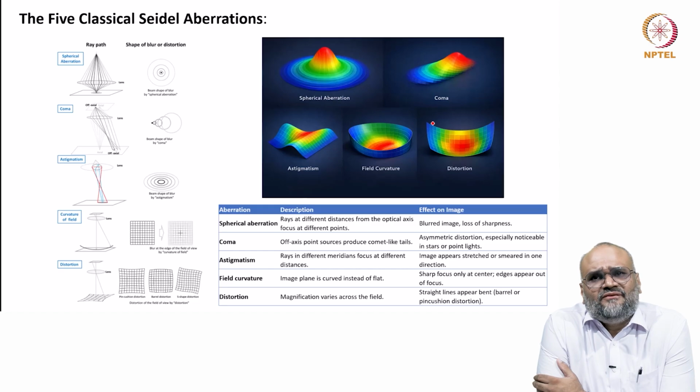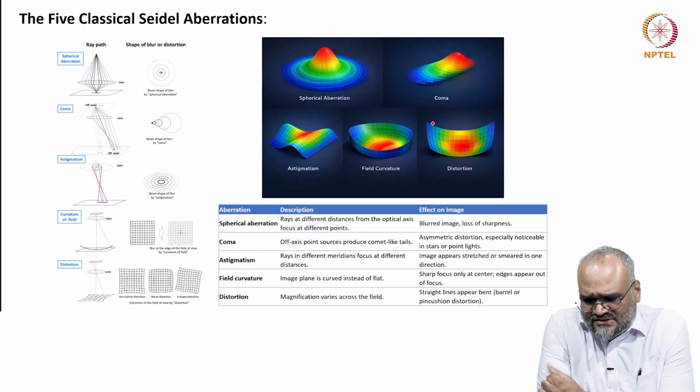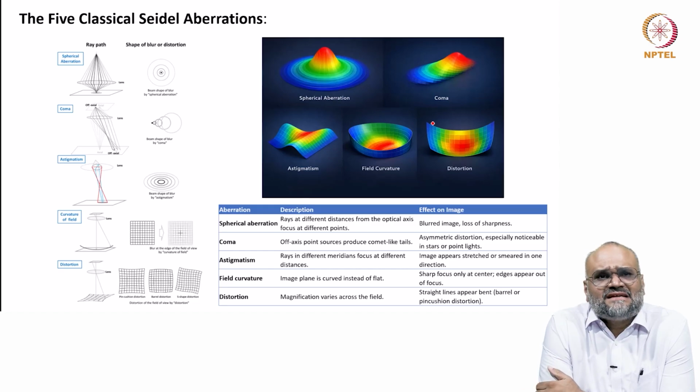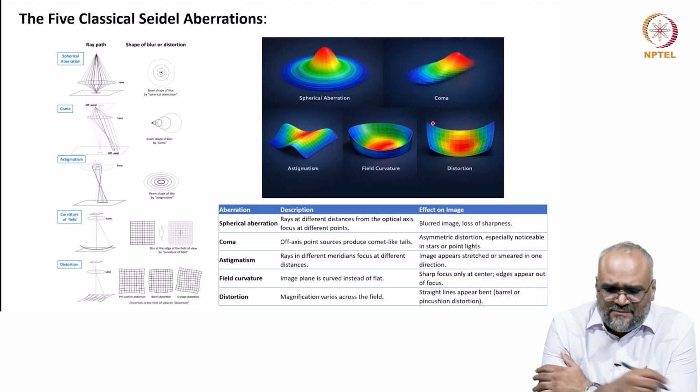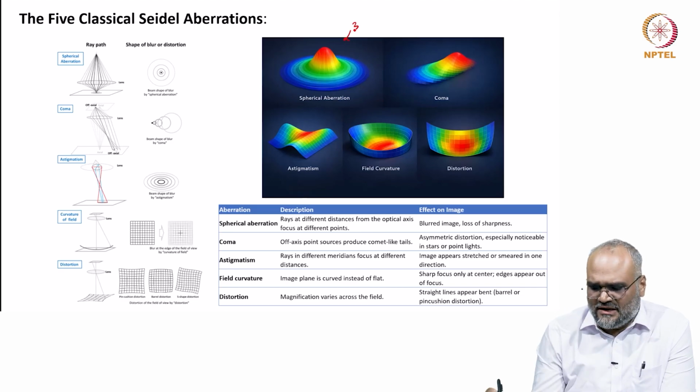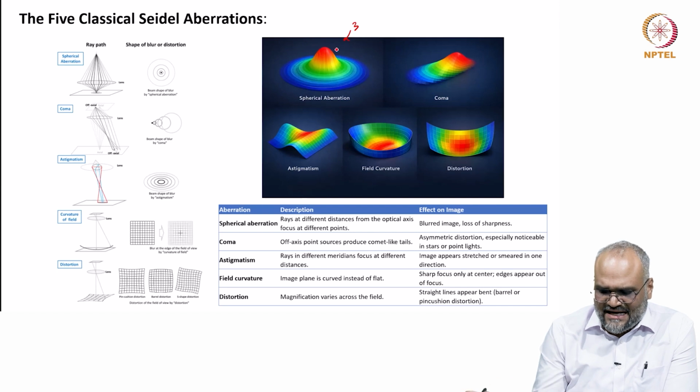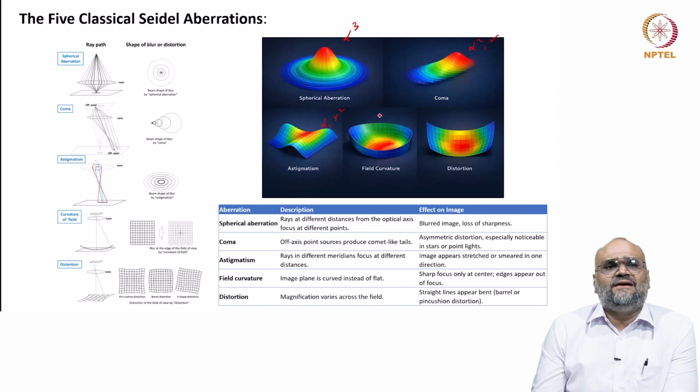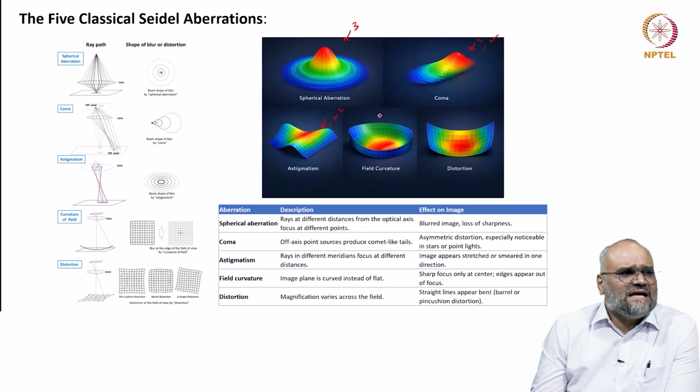And if you look at any classic textbooks on optics, you might have seen these kinds of lens distortions or aberrations. You call them spherical aberration, coma, astigmatism, field curvature and distortion. And each of these can be written in terms of polynomials. For example, spherical aberration being alpha cube, and astigmatism and coma in terms of alpha square r and alpha r square and so on. And from these you can get to know